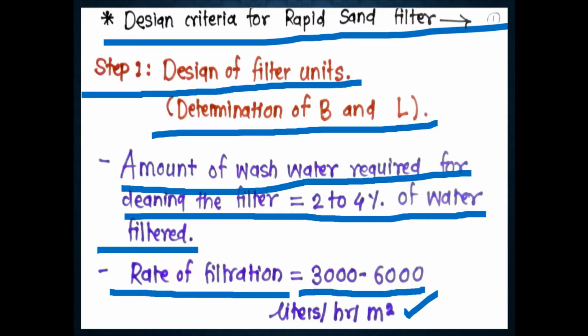I will be giving you one example, and simultaneously we will solve the example with discussion, and you will come to know how these two assumptions are used in order to calculate the dimensions of the width and length of the tank, that is design of filter units. This is with respect to step number 1. Already 70 to 80% part is covered in the previous example. Okay, just take the reference of it. Same steps are there.